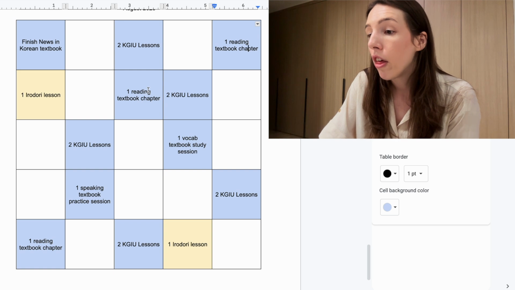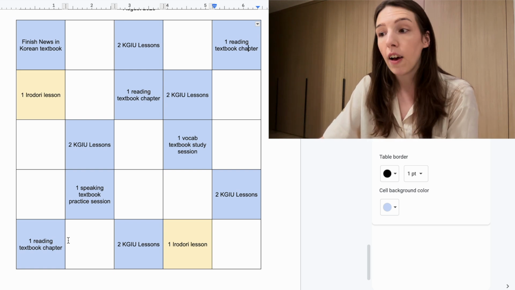Because one of my big goals in Korean right now is to expand my vocabulary beyond the words that I'm comfortable with using and actually make an effort to learn a wider variety of more advanced words in certain different niches or jargon words for a certain topic. And since the book is topical and has readings about different topics, it does allow me to have little mini deep dives on the different more advanced vocabulary than perhaps I am using currently that can be used to describe that topic. So I have 1, 2, 3 chapters,